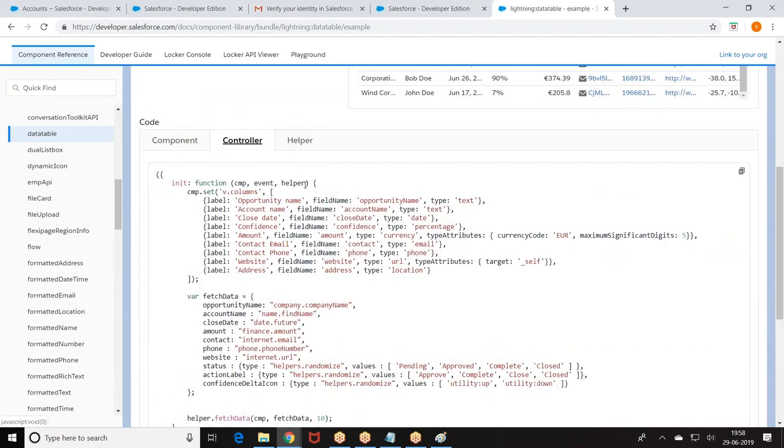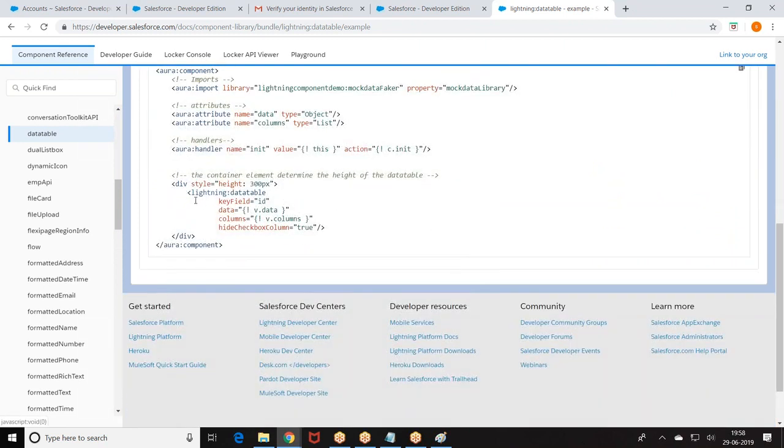We have the label, field name, type. This will tell you the list of columns which you want to display. The data table what I have? Key field, data, columns. This is the functionality what I want.